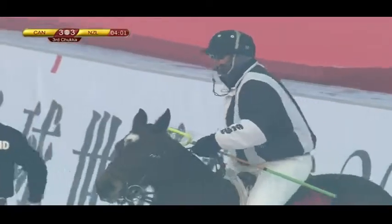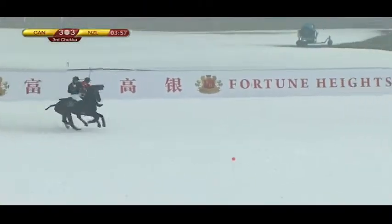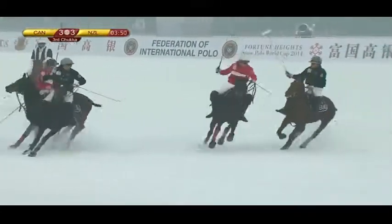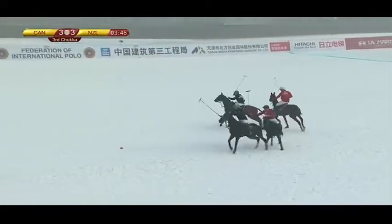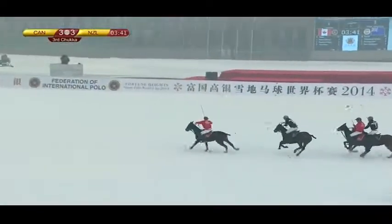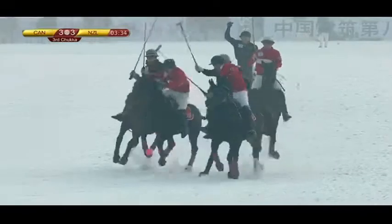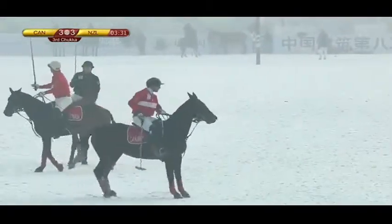They're coming off a loss. The Kiwis already have a win up their sleeve, and it's now Phillips taking it near side, pulling the whip, but he can't get past Sam Hopkinson. Oh, bad bounce for New Zealand, good bounce for Canada. Often trying to get something onto it, but it's going to be Sam Hopkinson who gets the line first, leaves it there for Tom Hunt. Tom Hunt now has got a little bit of work to do to get past Brandon Phillips for Canada. Claims the line, puts his stick in the air, trying to show the umpires that he has the line now. Slight sandwich there, and in attack,